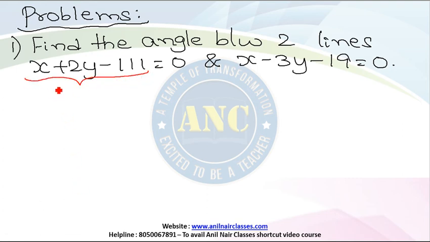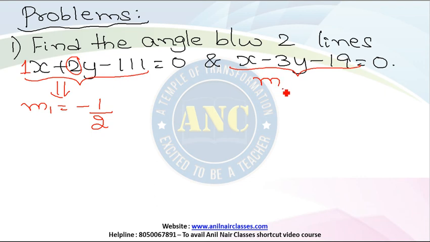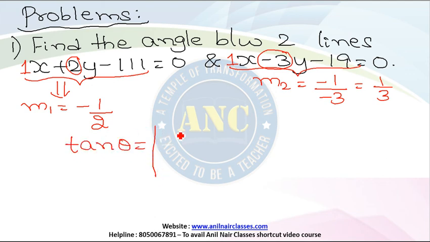Now m1, what is the slope of first line? Slope of first line is minus of coefficient of x divided by coefficient of y, minus 1 by 2. Slope of second line m2 is minus of coefficient of x divided by coefficient of y, is minus 1 by minus 3, which is 1 by 3. Angle between two lines is tan theta is nothing but mod of m2 minus m1, 1 by 3 minus of minus 1 by 2,